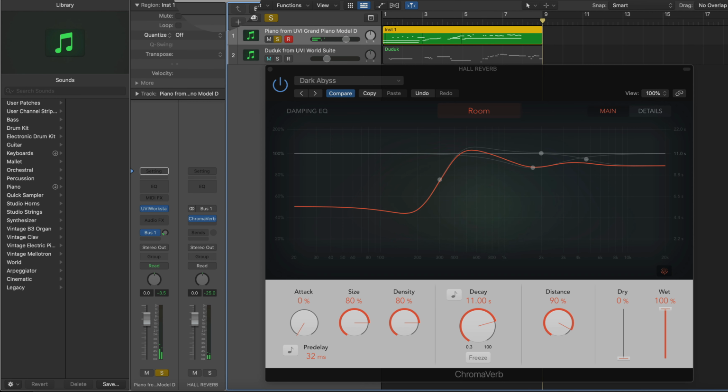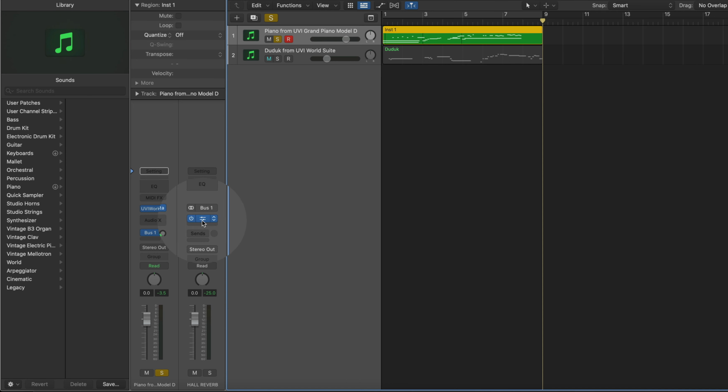Okay. Now, another thing that you can do, once you've got the send there, is start adding other parameters just on the send alone. So before I do that, I just want to point out that there's an interesting thing that you can do